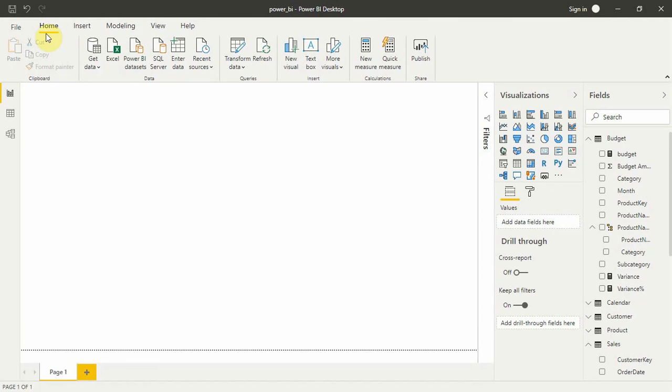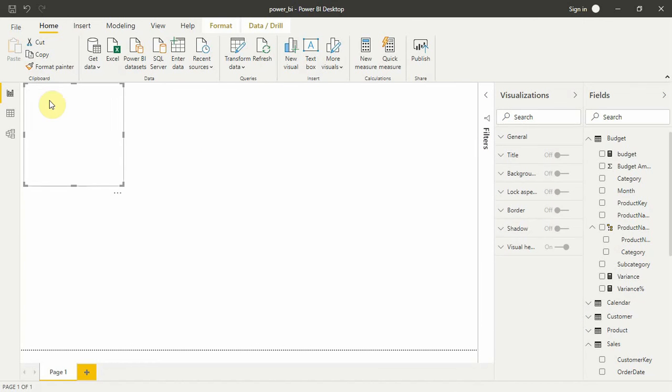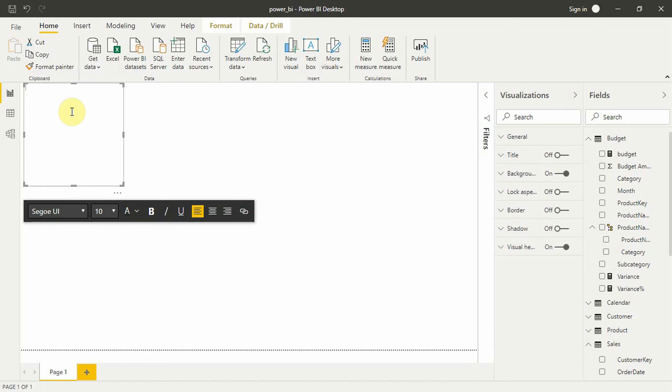Okay, so first let's go to text box and first insert the text box, and first it writes report here. Let's increase the report size. So no, maybe I have to increase it more. So I think increase it like this.